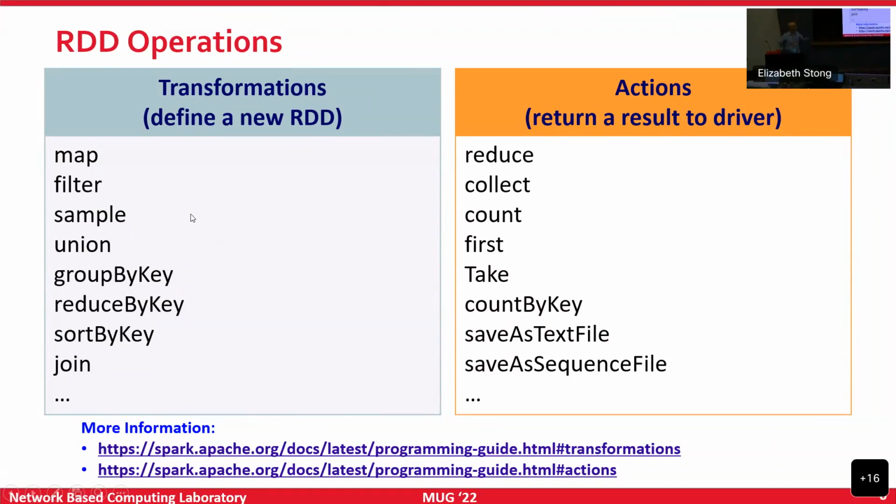I'm looking for error 1. I can say filter error 1, right? So this is not going to produce any action. It's just an operation defined. I'll just maintain a graph for it. But let's say when I say rdd.count, now I have to tell the user that here was the input log file, and there are so many lines that contain this particular statement, error 1, for example.